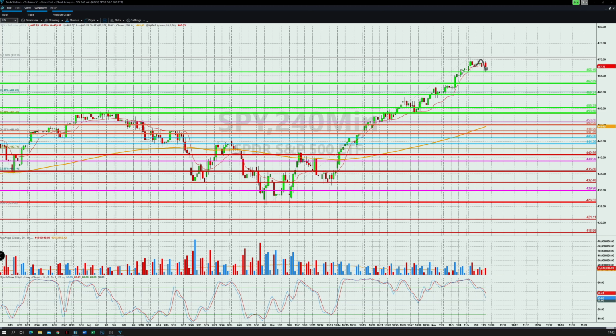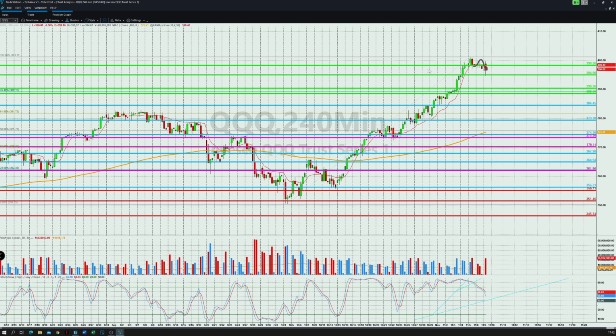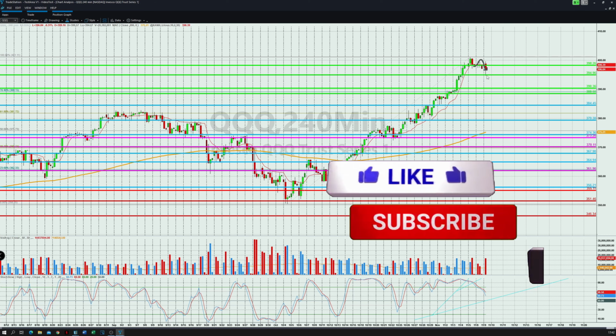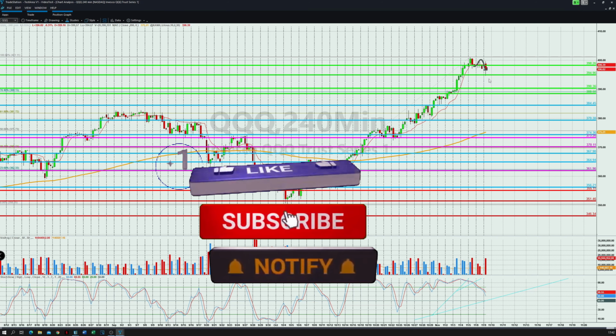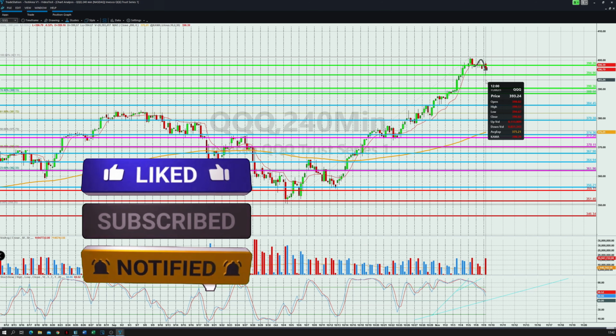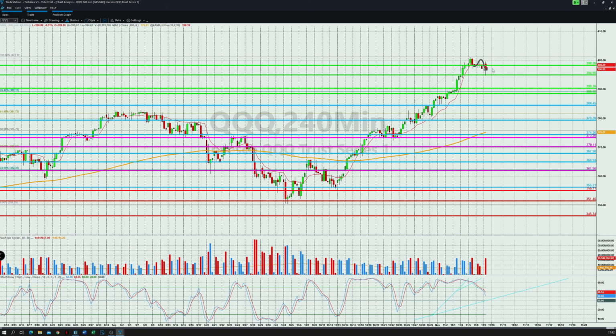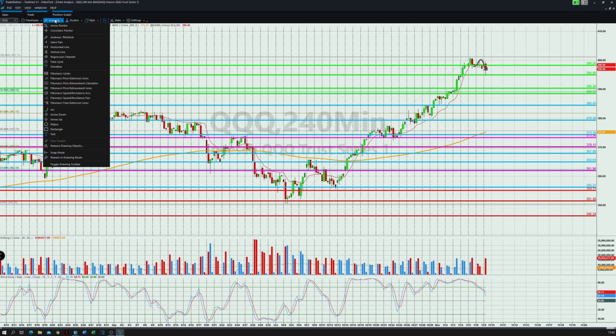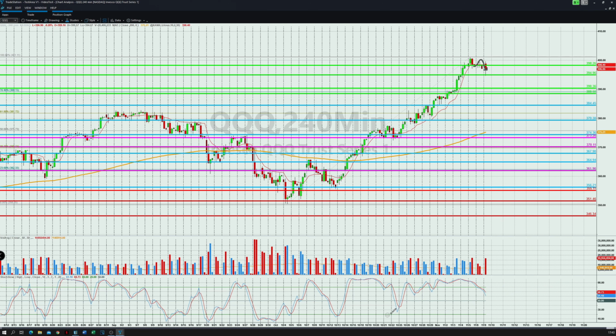Let's go to the QQQs. Same goes for the QQQs, waited to bounce from the 394, 96. You can see how it touched the 67 and bounced up again. These old lines. So now, as you can see, if you want to check the new trend line, you could take it there,